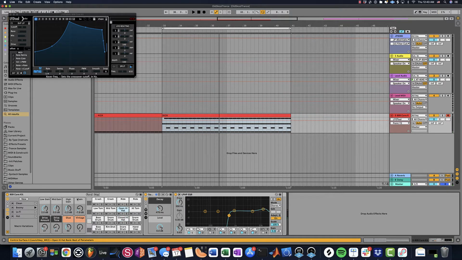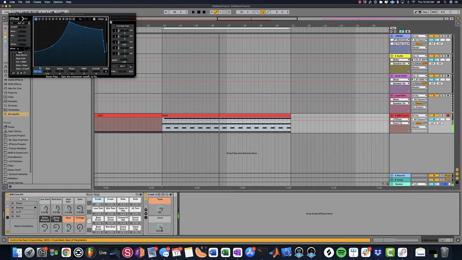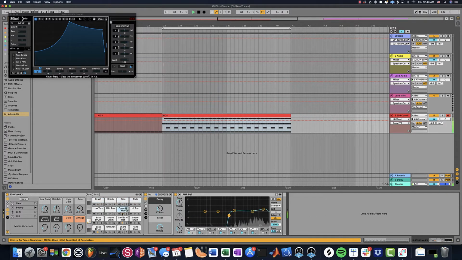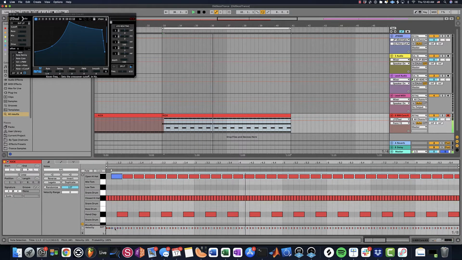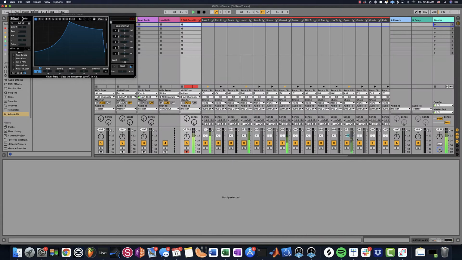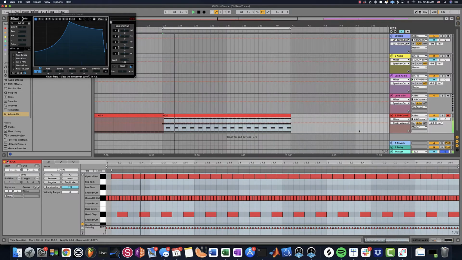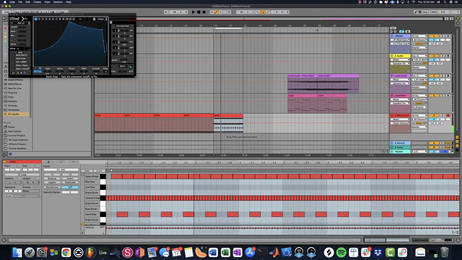What's going on with this? Is it muted? What's going on? So if we build this around the drop,